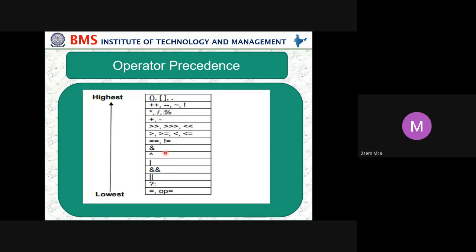This slide is important because you have to remember this precedence. In the same way, there are shift operators, relational operators, equal to, not equal to, logical and, or, not, and bitwise operators. So this is how operator precedence takes place. The highest will be brackets, next increment, decrement, negation and exclamation, then multiplication, division and modulus, next plus and minus. These are the ones we'll be using the most.